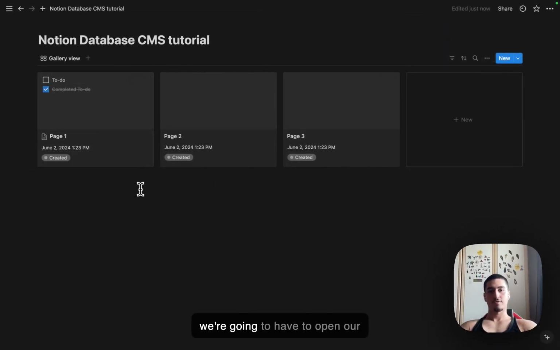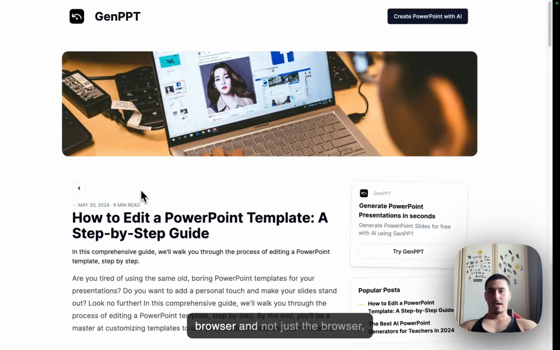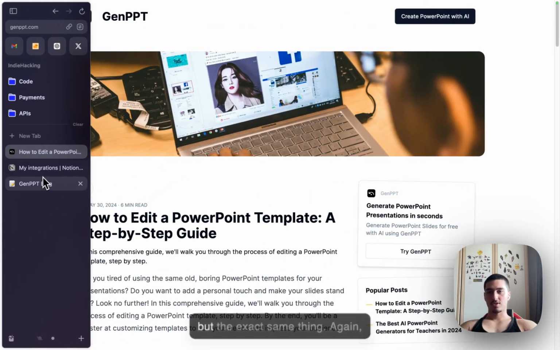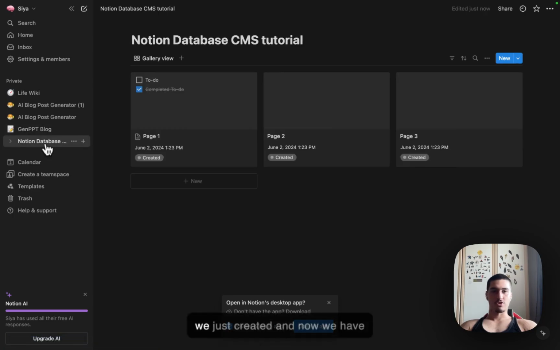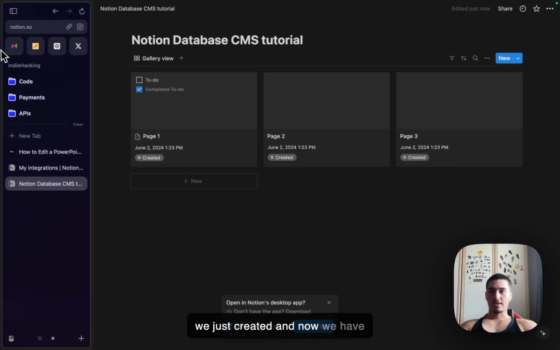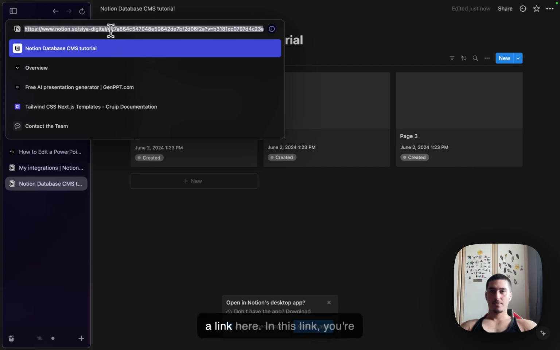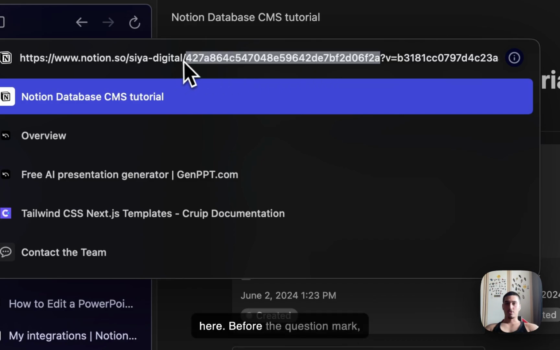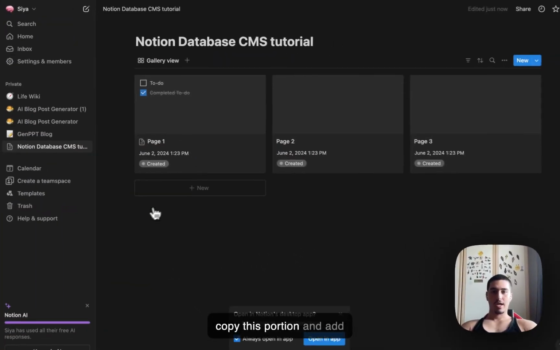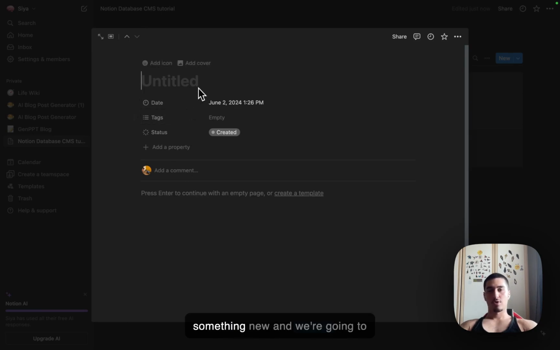For that, we're going to have to open our browser, and not just the browser, but the exact same thing. So again, Notion, go over to the database we just created, and now we have a link here, and in this link you're going to see this portion right here. So before the question mark but after the slash, we want to copy this portion and add something new, and we're going to call it